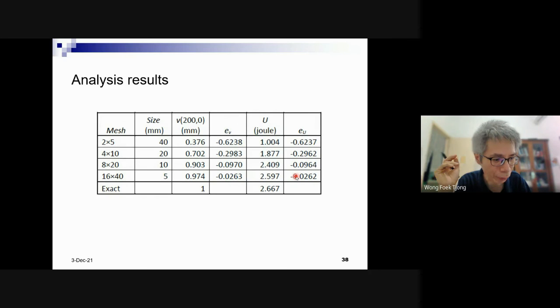Yes, if you use one or two elements, the result will be worse, much lower than this one. Because this is a pure bending problem, the CST doesn't perform well if it uses too few elements. So we should use a very fine mesh. If we should use many elements, of course we cannot perform manual calculation. We should use a program, because a program is a kind of automatic calculation.